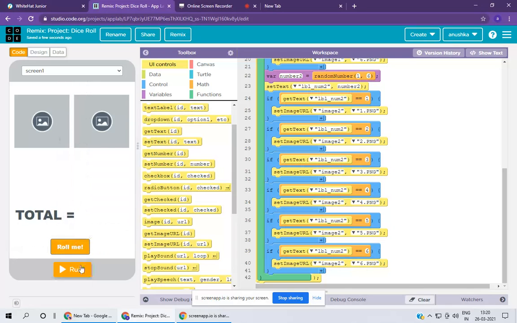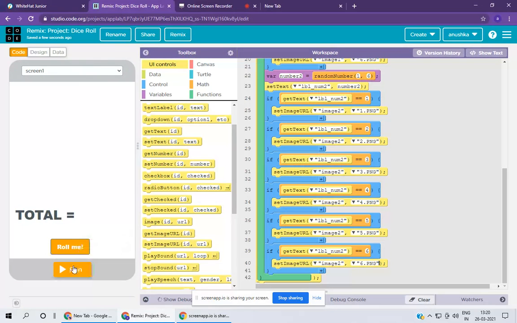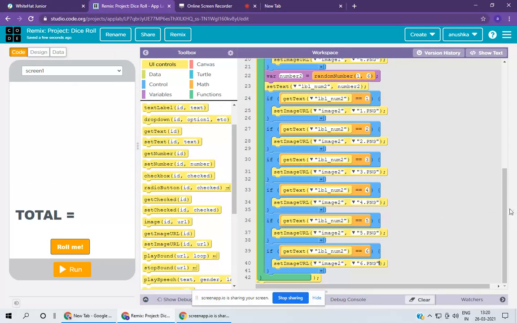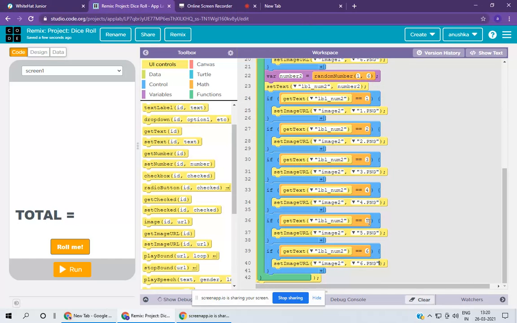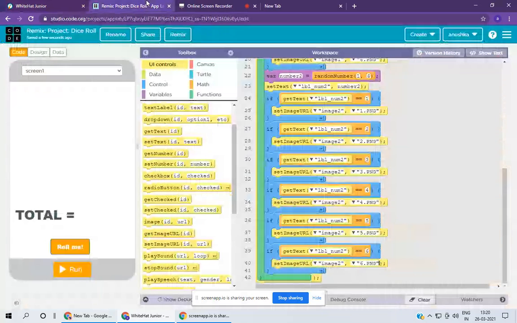Let's see. Oh, it will not work now. Wait a minute, I will tell you later what I need to do. After this we need to give some instruction. I had told you that we need to plus it. The computer should plus that.